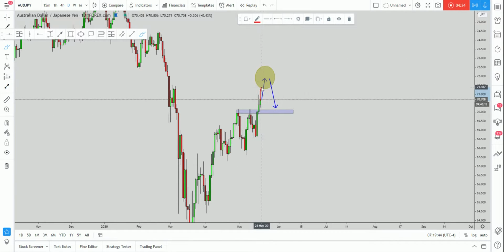So if the market continues higher, we will be waiting with students for the market to shift from a bullish market to a bearish market from a 4-hour perspective, and as usual, being reactive and not predictive. Then we will be waiting for the market to provide to us one of our valid entries. And as soon as the market provides one of our valid entries, we will be taking a nice short with a very good risk to reward and probabilities for a nice move to the downside and completion of